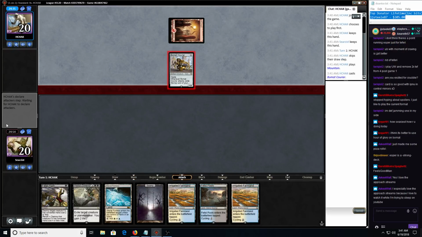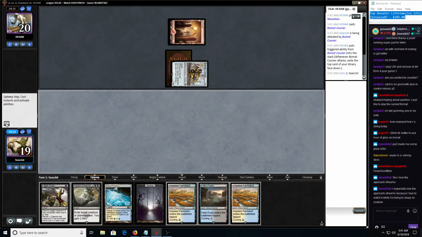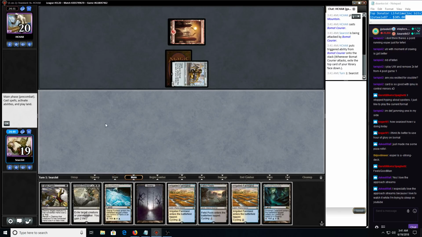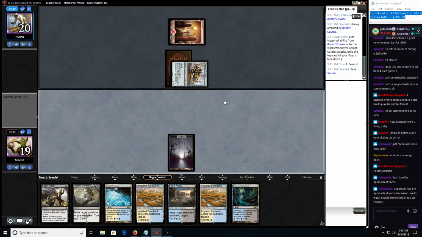4 Beaumont Couriers in a row, and 6 out of 9 rounds I've been paired versus mono red. This could be red black, but